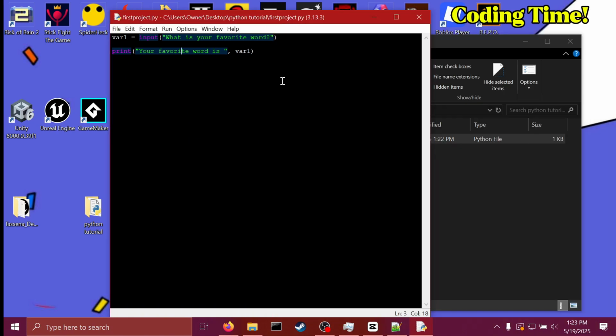Now, Python gets way more complicated than this, but you already understand a lot of the basics. We're going to go over the rest of the basics in the next one, where we make a password guessing game, and we make a calculator. But for now, this is it with the introduction,